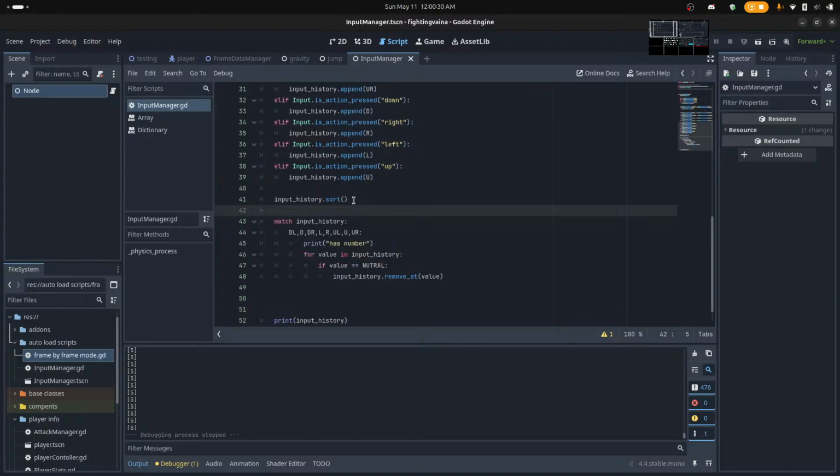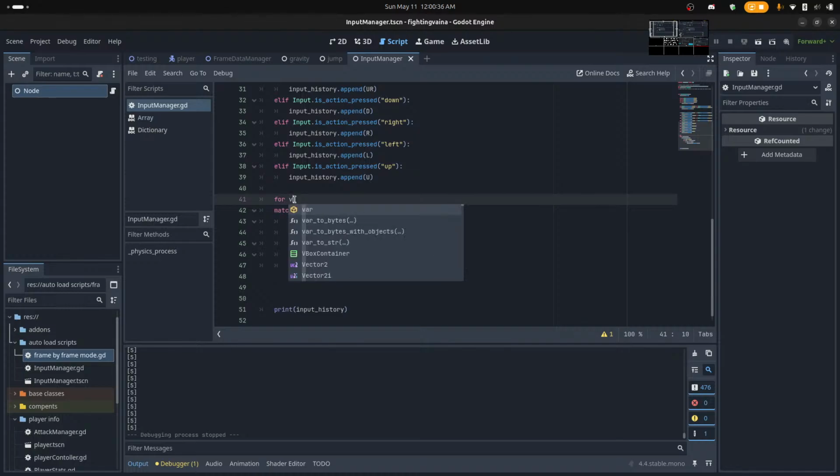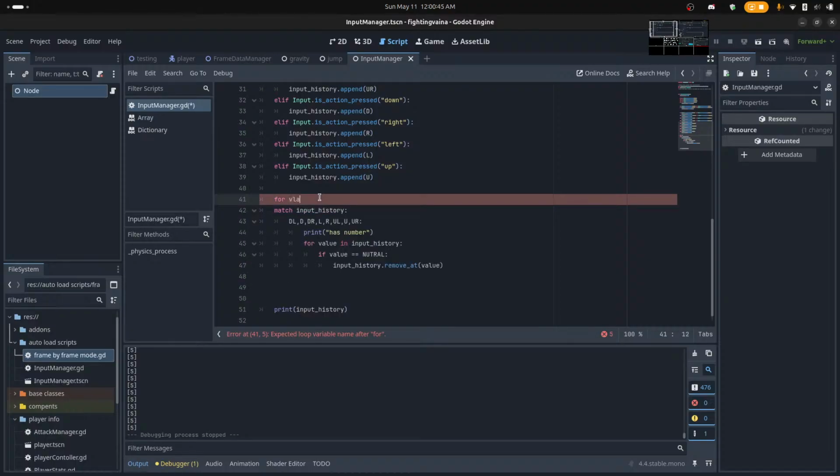So you want me to sort every year for you. So for value in input history,